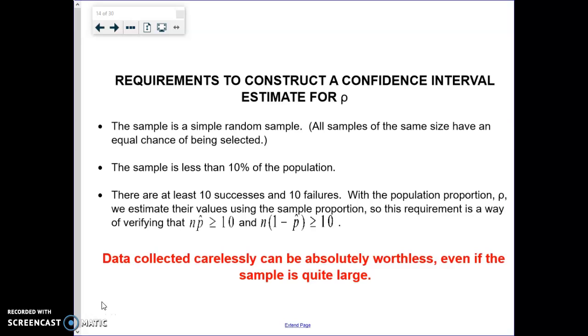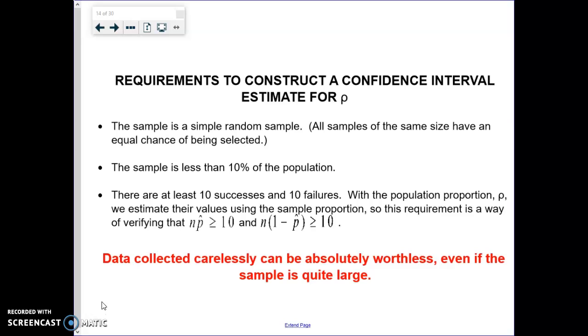All right, let's continue on looking at how we construct a confidence interval for a population proportion. Now, there are some requirements that need to be met, just like when we were setting up t-intervals to estimate a population mean. In other words, either your original population had to be normal, bell-shaped, and unimodal, or your sample size had to be larger than 30. Here we have three requirements that you have to check to see if our situation allows us to set up what we call a z-interval, a confidence interval for a population